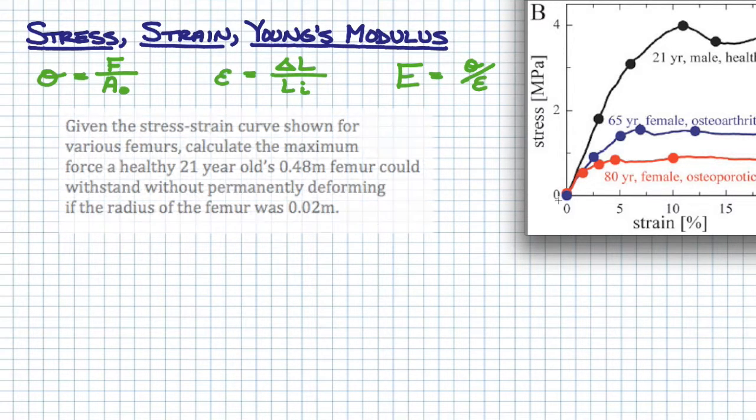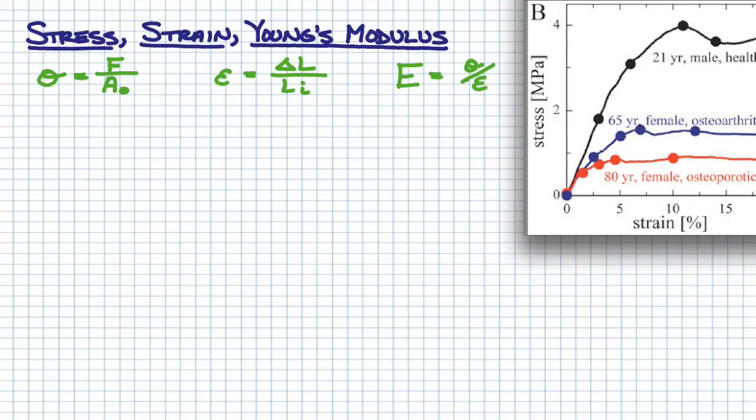If we take a look at the question, it says, given the stress-strain curve shown for various femurs, calculate the maximum force a healthy 21-year-old's femur could withstand without permanently deforming. The radius of the femur is 0.02 meters. Also, we're given that the femur is 0.48 meters in length. So if we want to take a look at this, what we're going to have to start to do is list what we're given. So we know that we're given a radius. The radius is 0.02